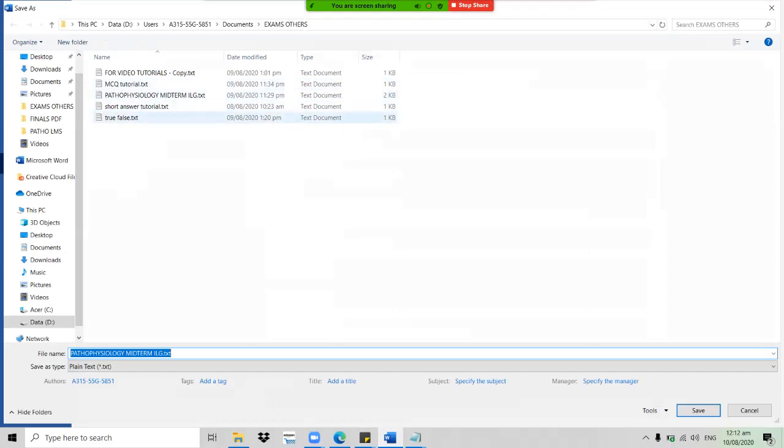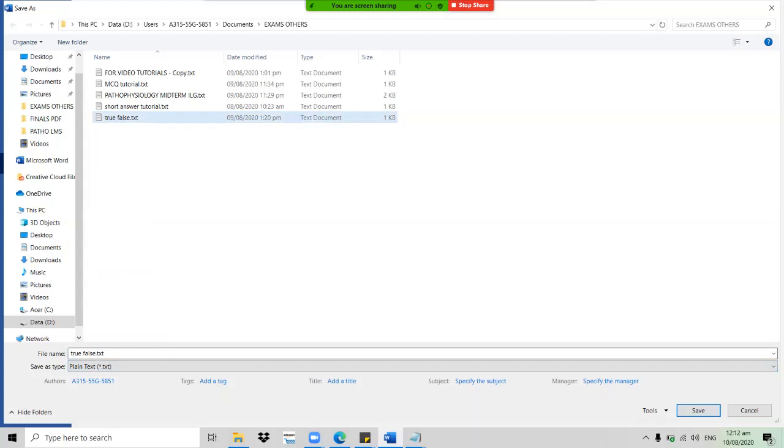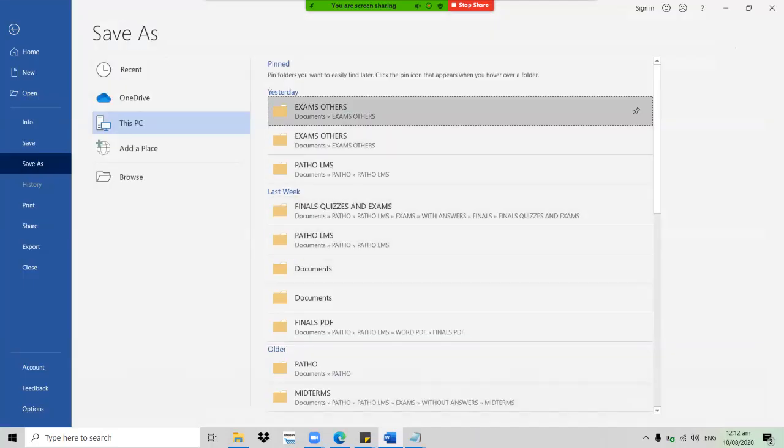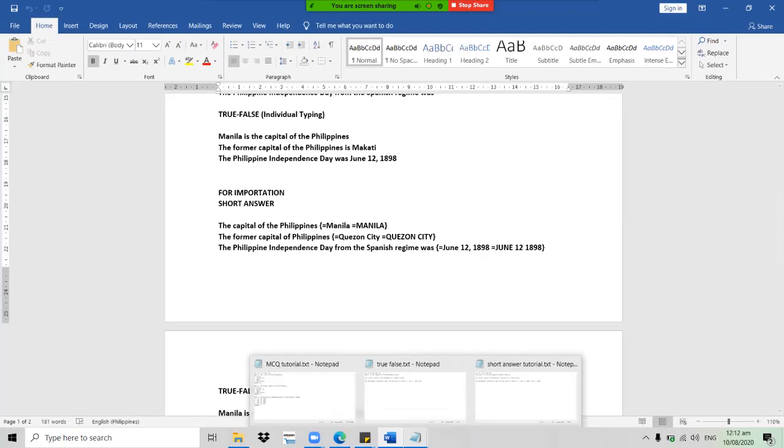Since it was a doc, look for the plain text format, click it, then save it. Once you already have your TXT file for your true false,